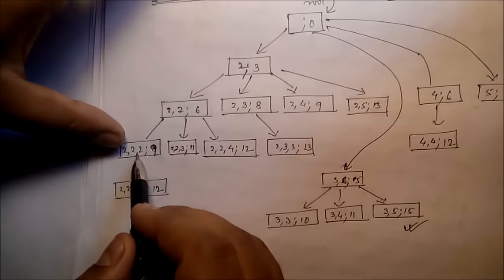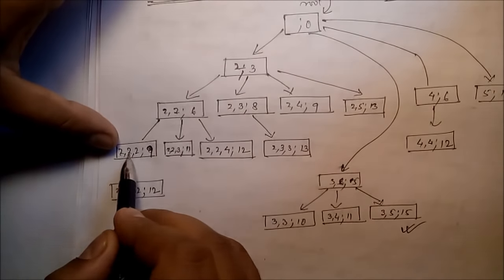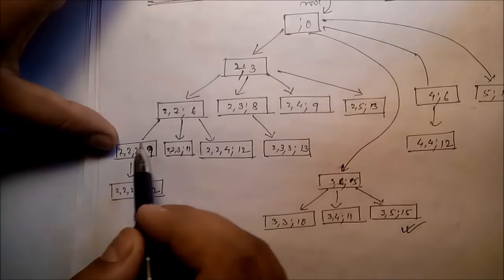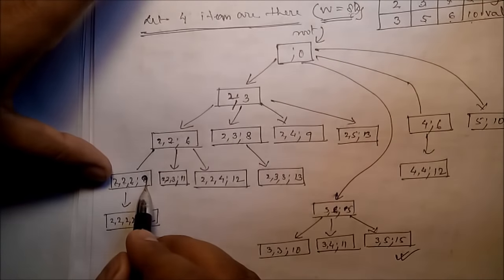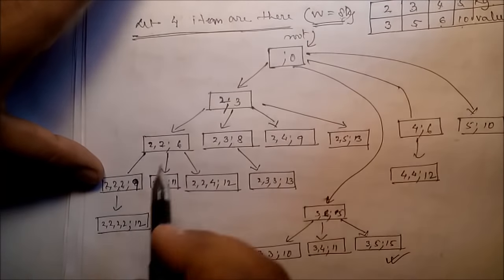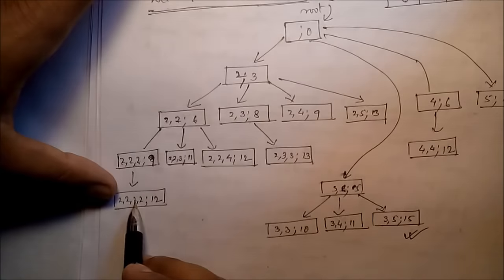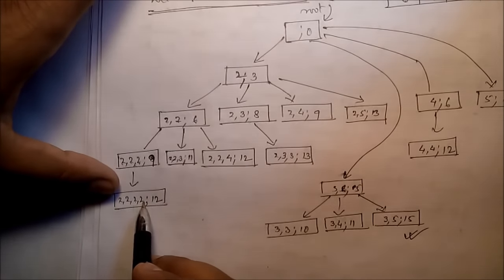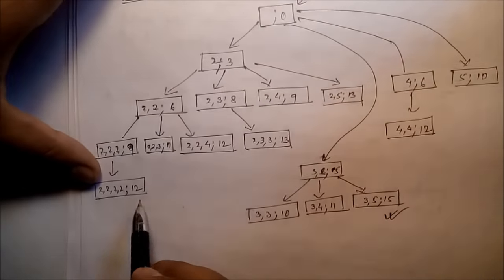We can take one more item because it is less than the total value. 2 plus 2 plus 2, 6 kilogram is less than 8 kilogram. Okay, and total value is what? 3 plus 3 plus 3, it is 9. We can take one more first item, so 2 plus 2 plus 2 plus 2, so 4 first items, total kilogram is 8, and total value is what? 12. So 3 into 4, it is 12.